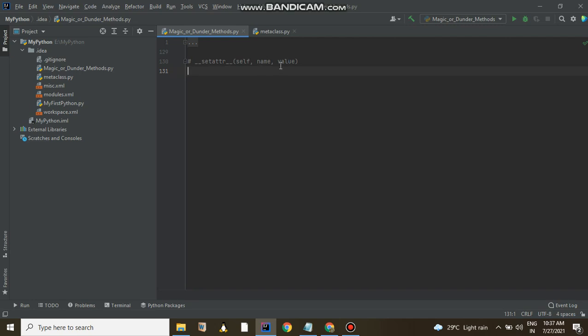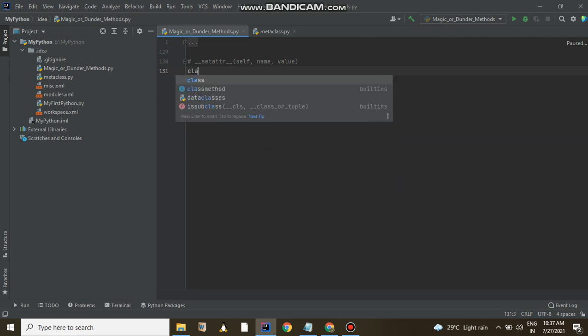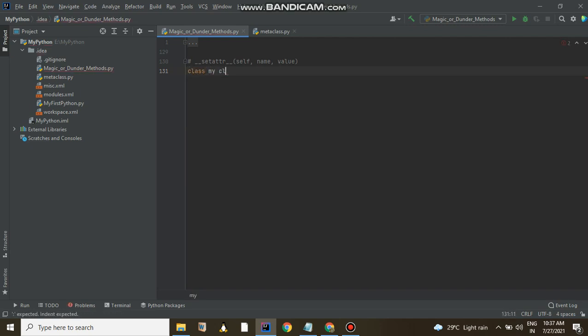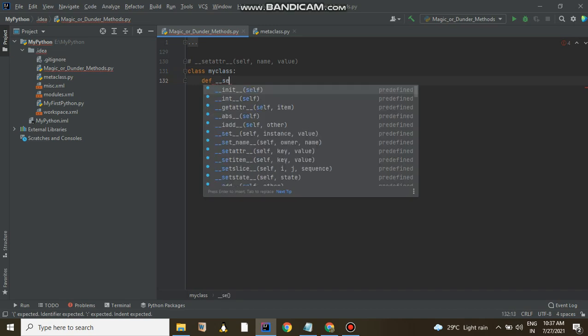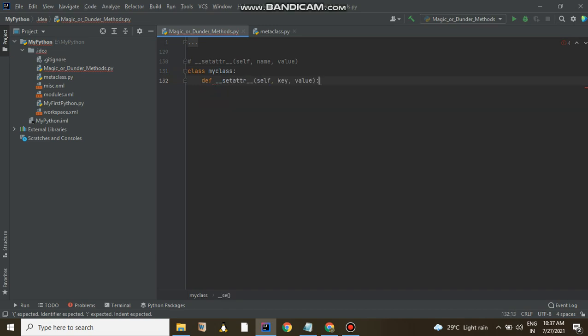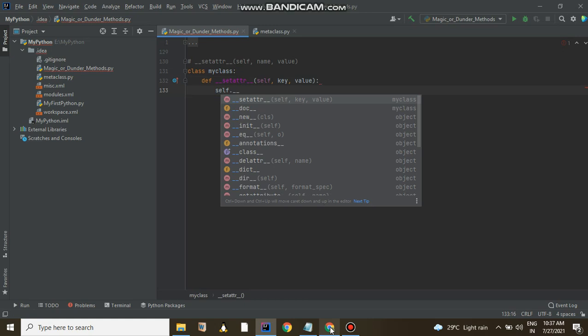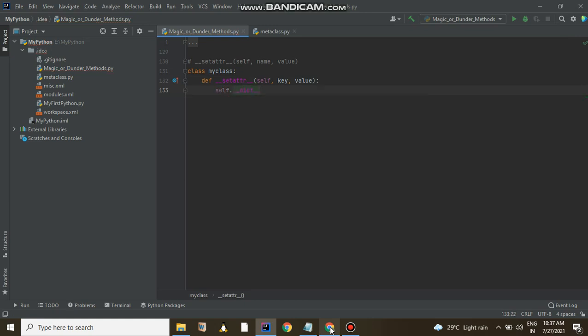Okay, to make it clear, let me create a class, MyClass. Then I'm defining the same, setattr with key and value. This will need to assign to the default dictionary of it, self.__dict__.